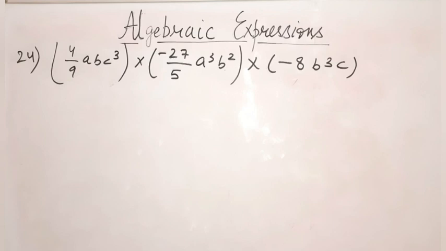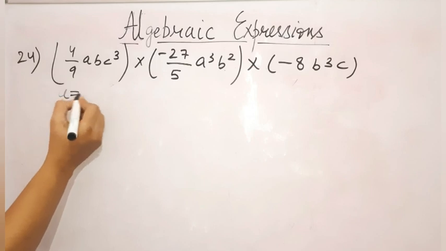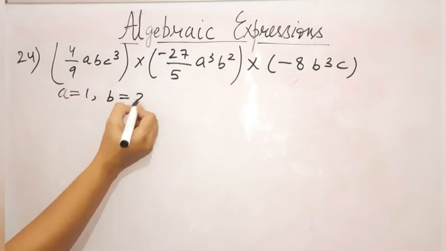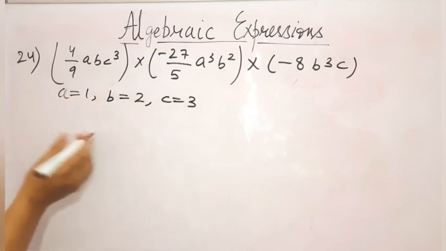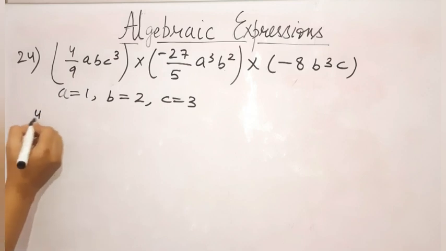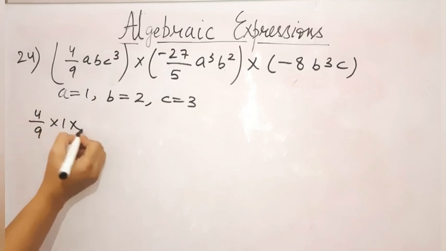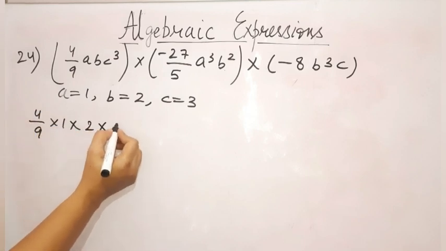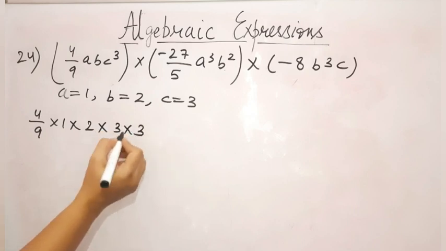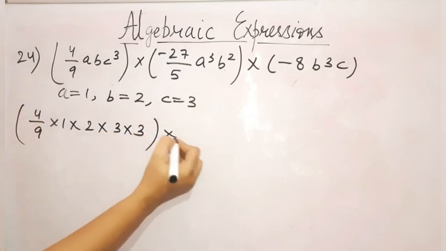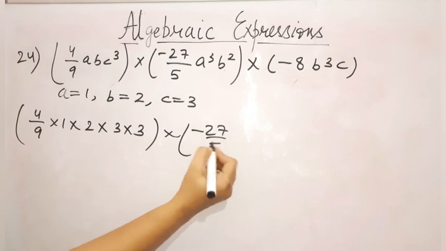I have written the question students. So there are three algebraic expressions. This is LHS. Firstly we will do for LHS. So how we have to do? Place the value of A, B and C. A is equals to 1, B is equals to 2, C is equals to 3. In all the questions the value of A, B and C will be same. So now I am going to place the value and then I am going to solve it for you one by one. Okay. This is left hand side.